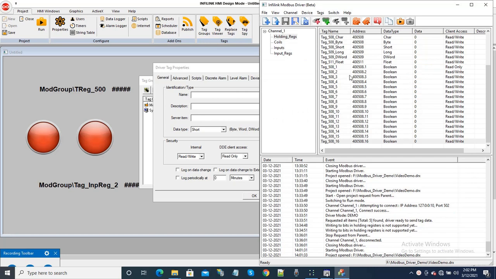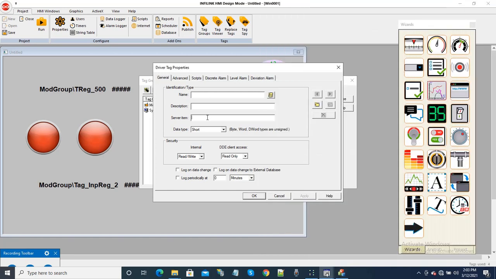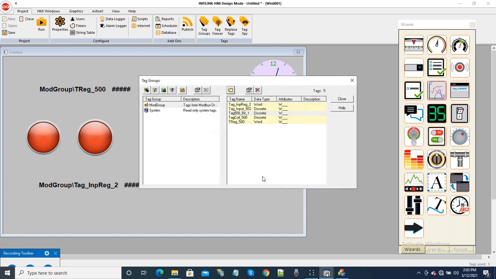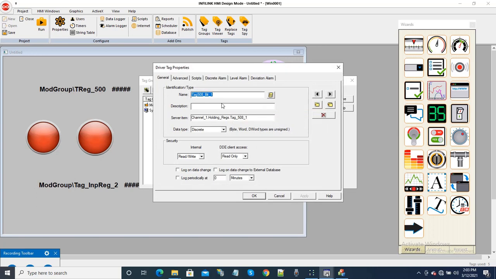Go to the driver, select this bit 1, press Ctrl C, come here, server item, paste the value and give the name tag 508 bit 1, and this is a discrete value, so I am applying this discrete data type. Hit apply, hit OK. I also want to have one more tag for one more bit, so I'm just going to